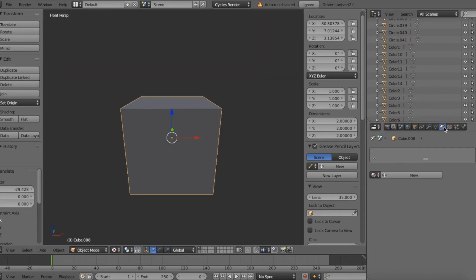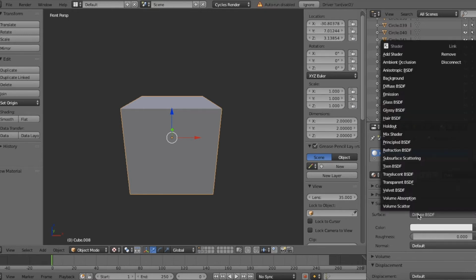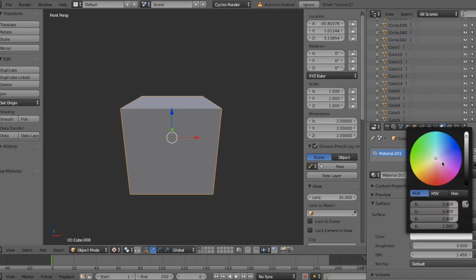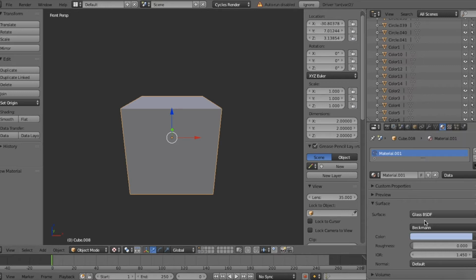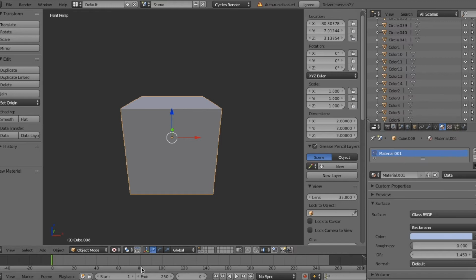Under the material icon on your right, hit new. Then, under surface, hit diffuse, and this list should pop up. I'm going to be hitting glass. Now we can change the color of the glass, so I think we're gonna go for a nice blue tone. And I would probably use a lighter tone of blue just because when it's darker, it's harder to see through